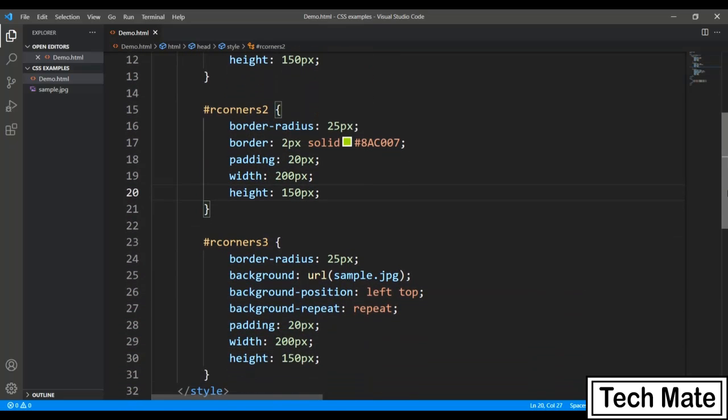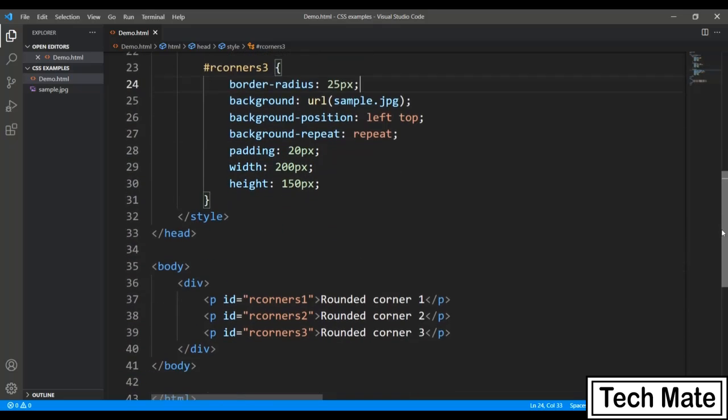And in the last one, I am setting an image as the background of that rounded corner div. For that I have passed the URL as I used to do. As I said, most of the things I am doing here are similar to CSS, just the border radius is something new. So using these, I have added the three elements inside styles.